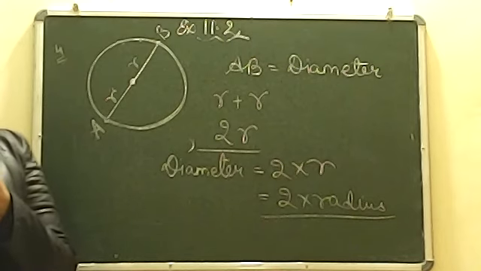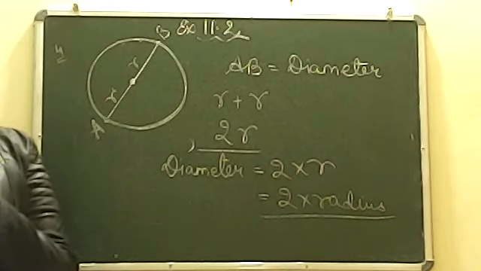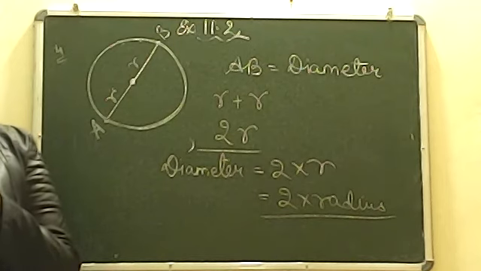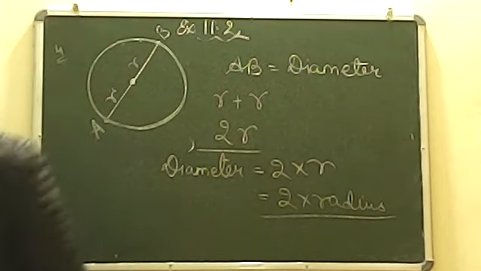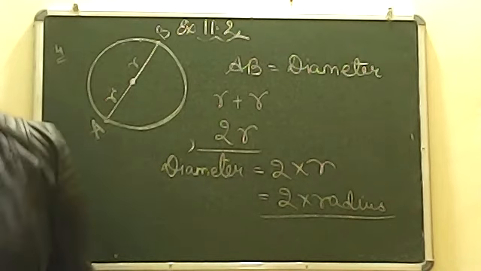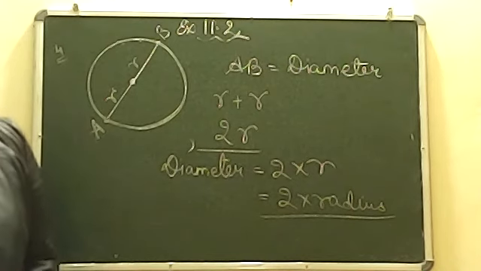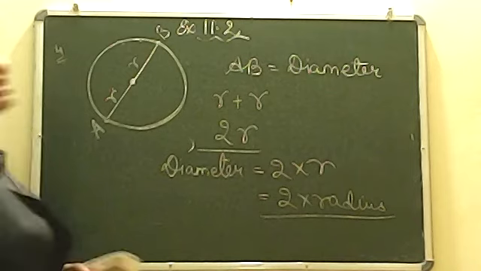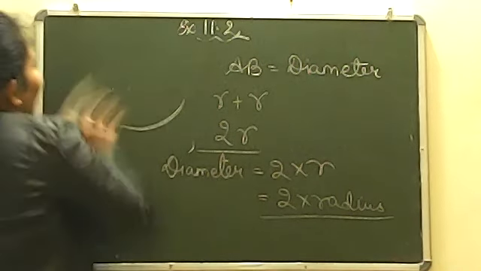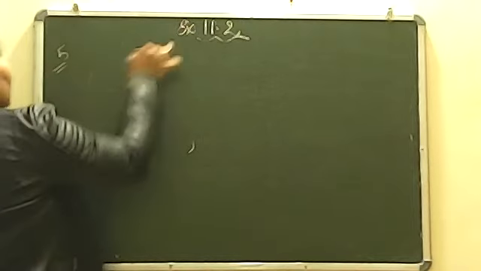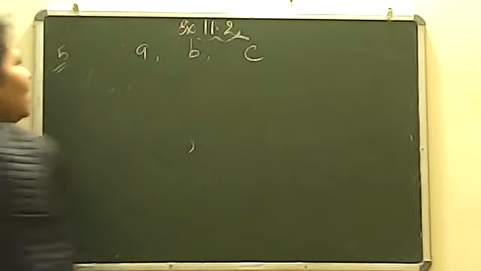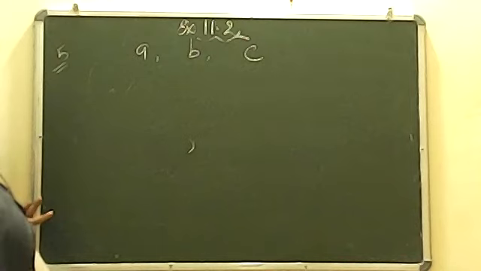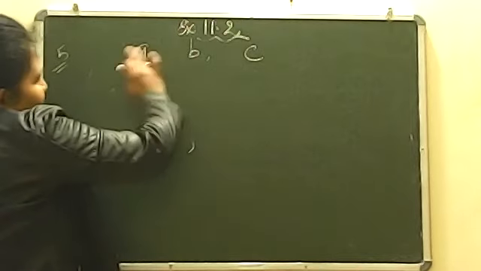Express the property which we have already studied in the chapter whole number in a general way by using variables a, b and c. आपको याद होगा जब हमने ये चैप्टर आपको पढ़ाया था उस समय मैंने खुद ही a और b और c यूज किया था. I have also used a, b and c. So this time we have to simply write it down the same what we studied. So if we have three numbers a, b and c, a, b और c क्या है? We don't know. It's just a variable because हमें पता ही नहीं है a क्या है, b क्या है, c क्या है. We have just written variable. So these are unknown for us, a, b and c.